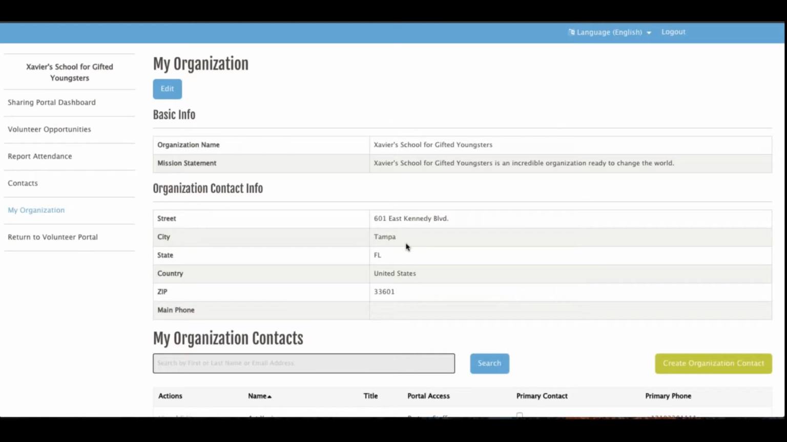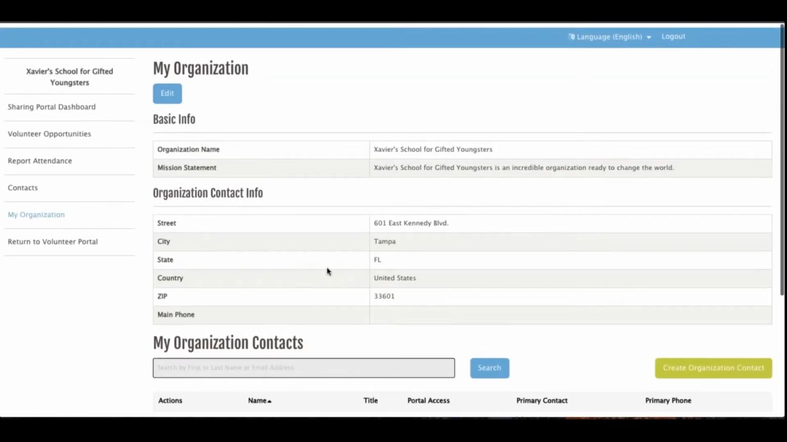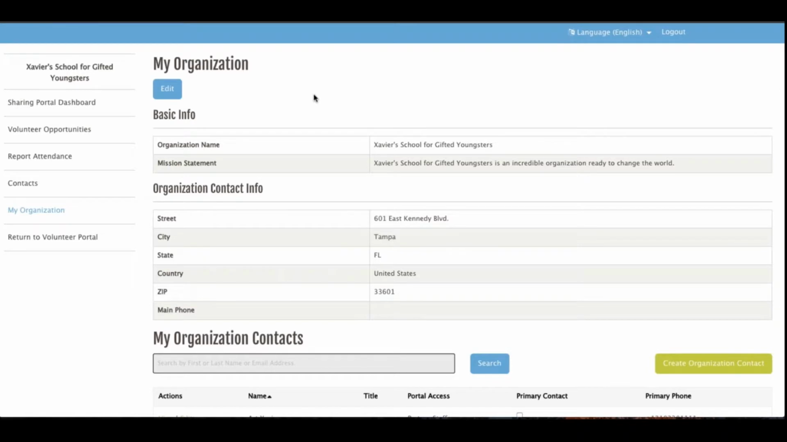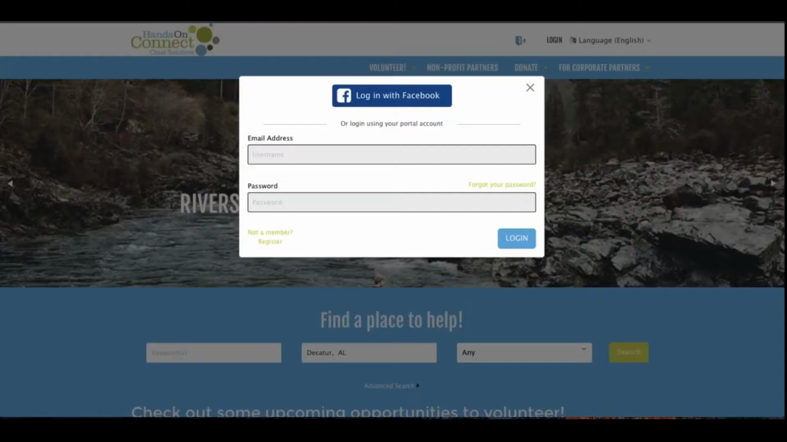So from the standpoint of a partner staff member, all of that is within the sharing settings that are a partner staff. If we go and log out and take a look now at Helen Parr, who is a volunteer leader,